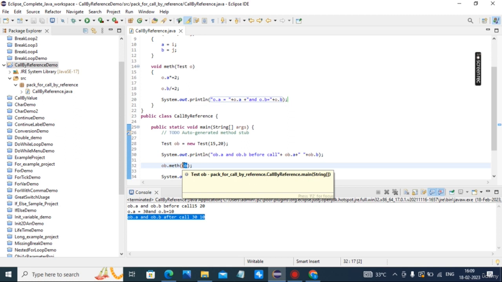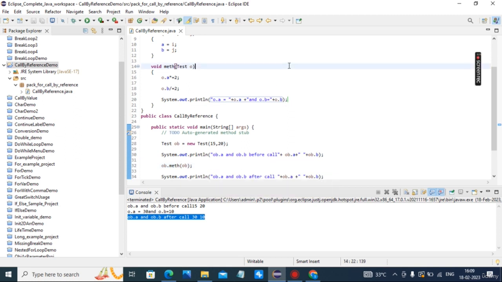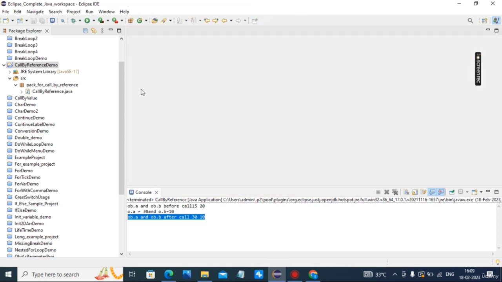Now we will see the example of returning objects. All the examples are already explained in the theory part.